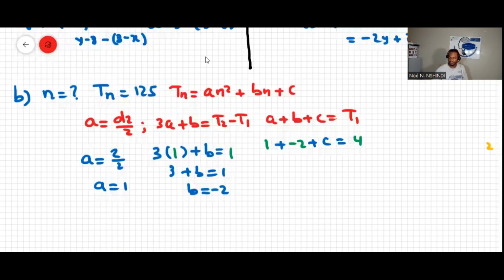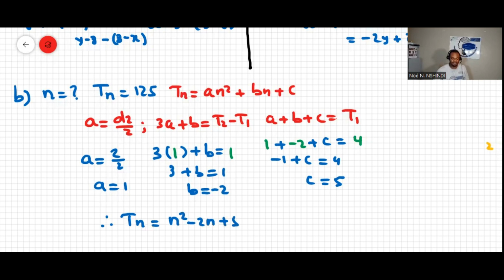1 plus 1 minus 2 is negative 1, so negative 1 plus c equals 4. So if I move it over, c is equal to 5. Therefore, we can say Tn will be equal to 1n squared, I just say n squared minus 2n plus 5. I got Tn. Now I'm looking for which term is equal to 125, which means instead of Tn, I